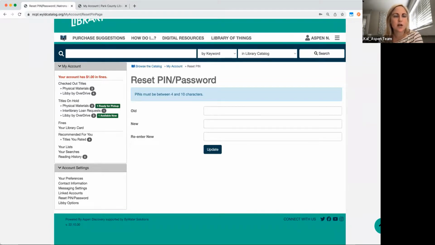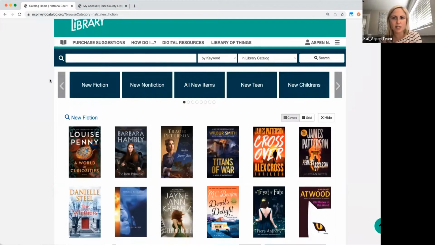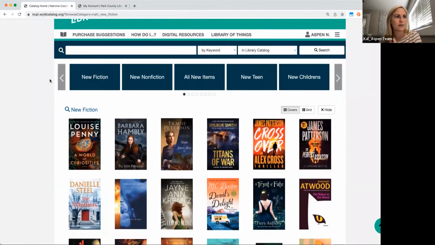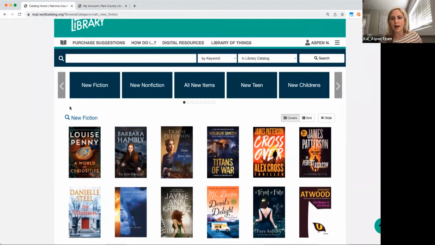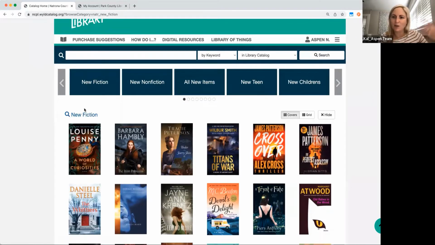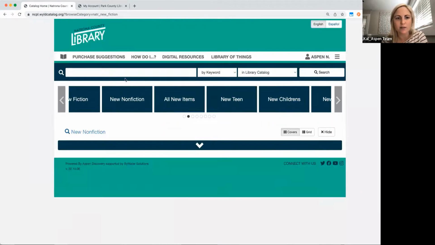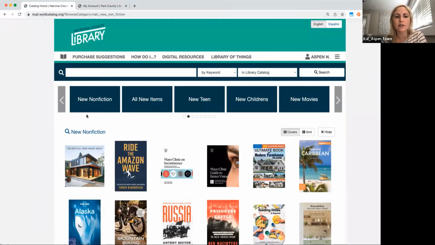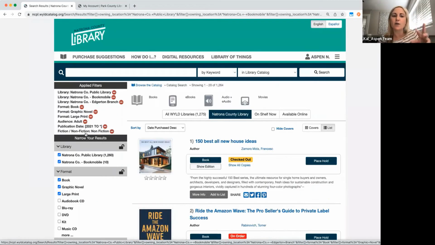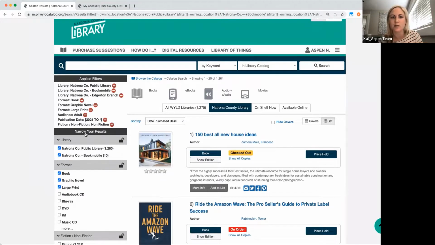All right. Okay, so I'm going to go back out to this little book, which is going to take me back out to where we started with our browse categories, and talk a little bit about searching and a little bit more about the browse categories. So browse categories made by your staff or your admin team can be based off of either a search or a list. So if you're curious, what does new fiction mean? What is it based off of? You could click on this little magnifying glass for any of the browse categories. It'll pop up here, and you can click, and it will take you right out into either that search or that list that it was based off of.